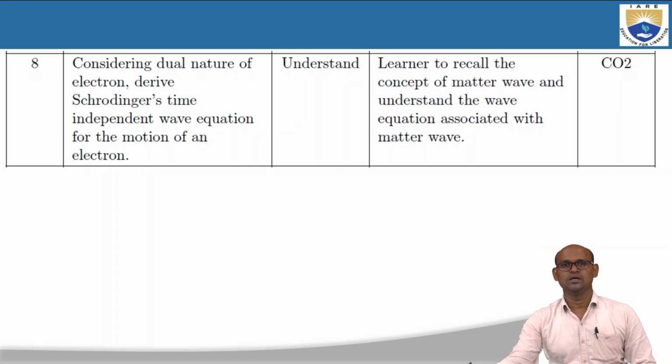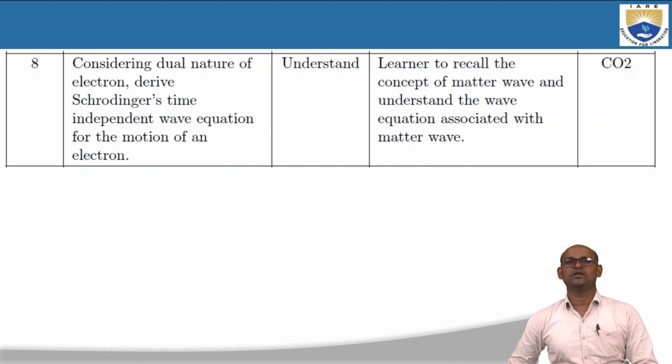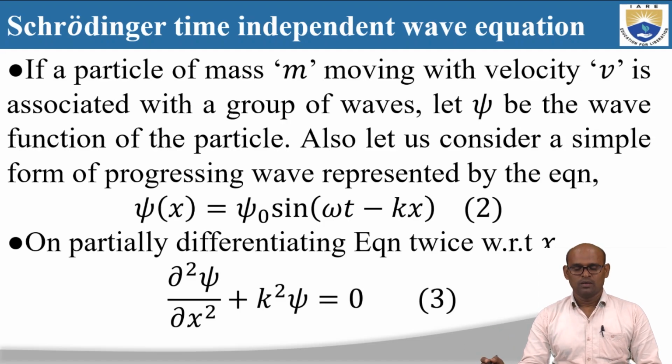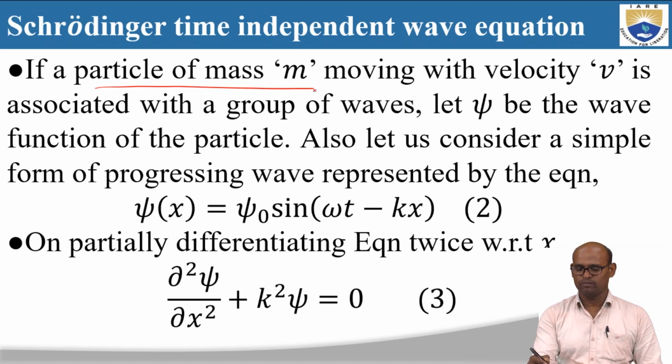Coming to the next question, considering the dual nature of the electron, derive Schrodinger's time-independent wave equation for the motion of an electron. Okay, we need to derive the Schrodinger time-independent wave equation. If a particle of mass m, so we are taking an electron of mass m